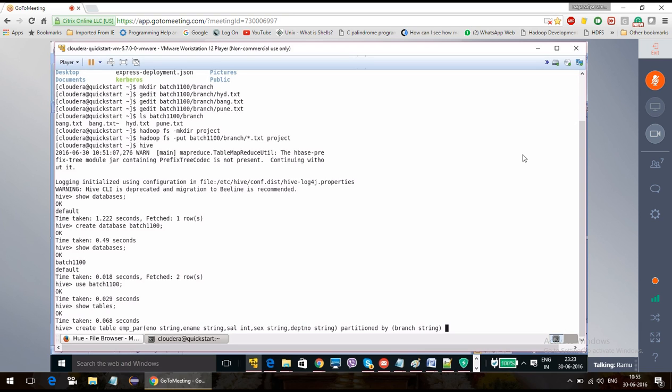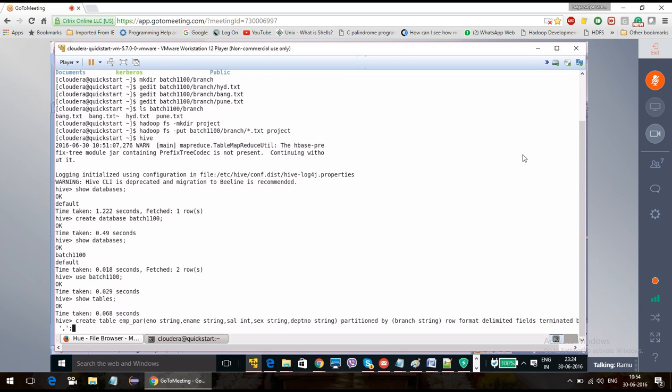That is why we will not have that column in the file values. And row format delimited fields terminated by comma.